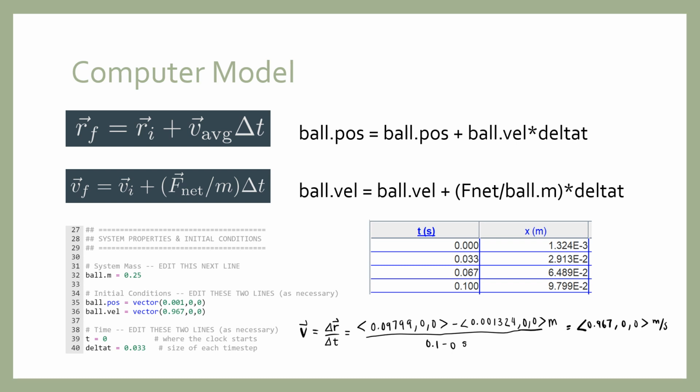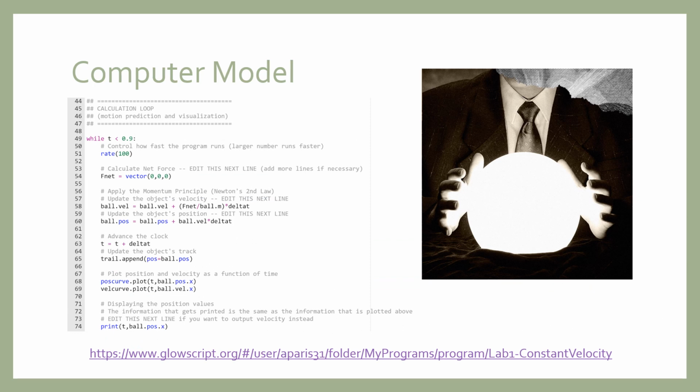Finally, I changed the time step to 1/30th of a second, which is equivalent to one video frame from the Tracker application in order to lend a better comparison. I linked the rest of the code in the slide if you want to take a look at it, but in this section of the code, the formulas mentioned in the introduction are incorporated in a continuous loop that updates the ball's velocity and position according to its previous calculation. Basically, this code predicts the future using initial conditions I provided and 0 net force, and provides the theoretical data